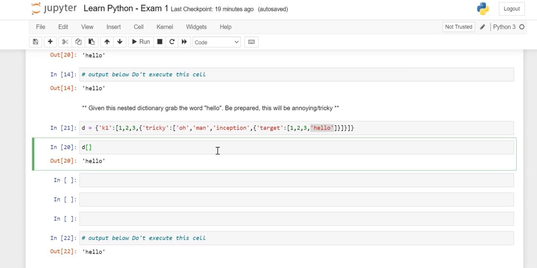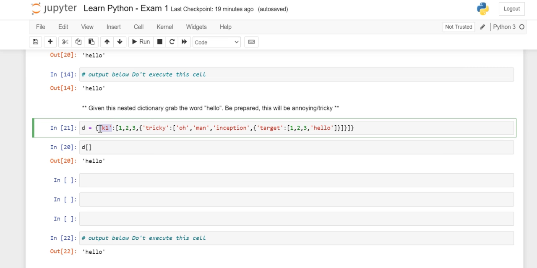Okay, fine. Now, a dictionary is always stored in pairs, key and value. So this K1 is the key, and whatever follows after this colon sign is part of the value. So this K1 key has this big value. It looks too big.